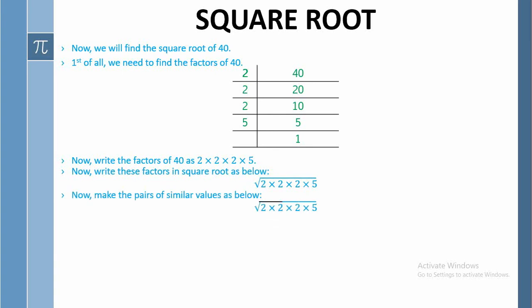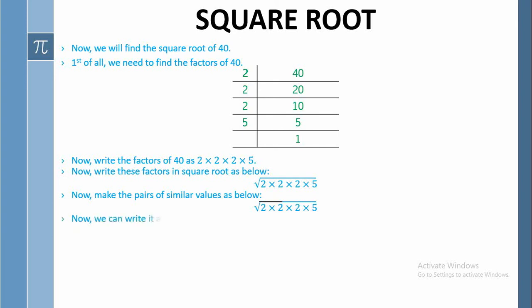Pair can always be of two things. Two similar values का ही पेयर बनता है. So इन दो 2's का तो आपस में पेयर बन गया, but the remaining third 2 doesn't have any other value to be paired with. So this 2 and this 5 will remain under root because they don't have any similar value to be paired